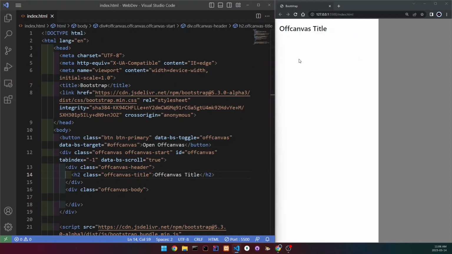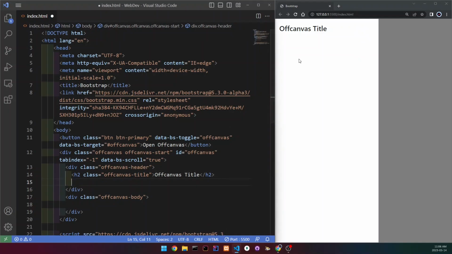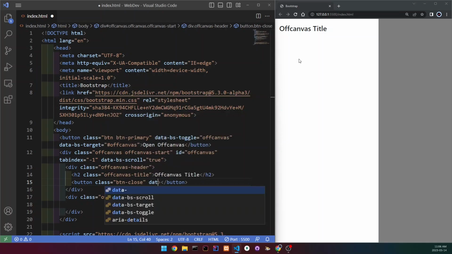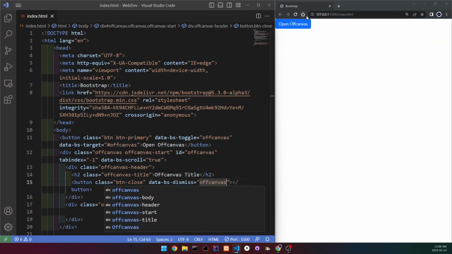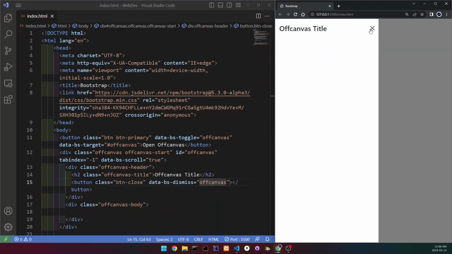So we're going to go under the H2 in our off canvas header, create the button, and it's going to have 2 classes. The main one is going to be button close, and I'll show you the next one later, but it's going to have an attribute, which is going to be data-bs-dismiss, and we're going to set this to offcanvas. And so now we're going to see the icon or the button, and the second class was just margin left of